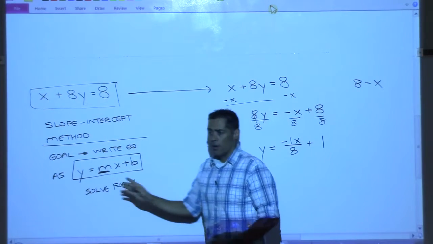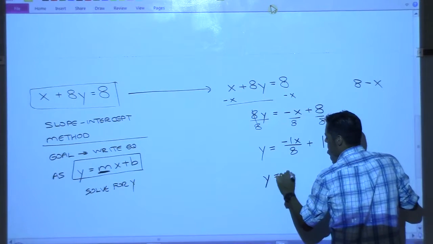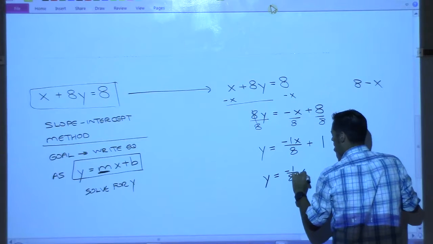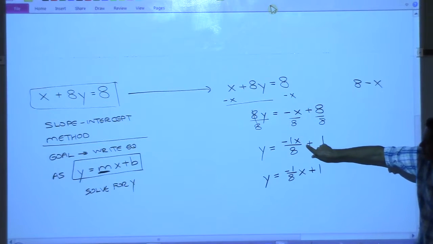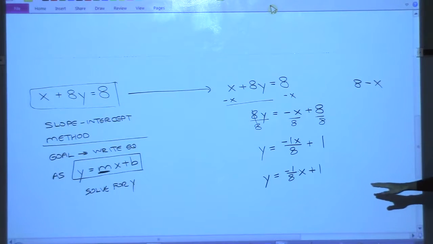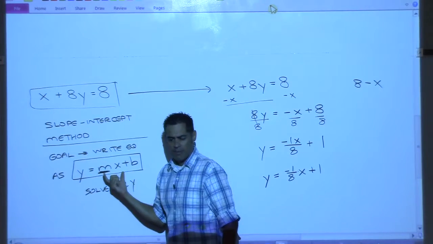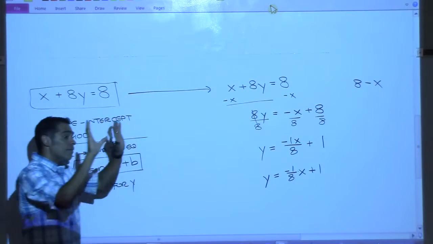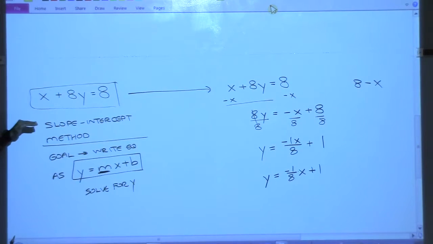So we want a number separated from the x. So when I write this, I'm going to write negative 1/8 x plus 1. Okay, so all I did was just took this x and kind of slid it off to the side. It's being multiplied. And now do you see that it looks like this right here? Yes? Okay, now what we've done is we've taken the equation and we have written it in what's called slope-intercept